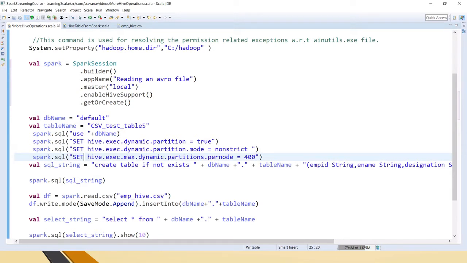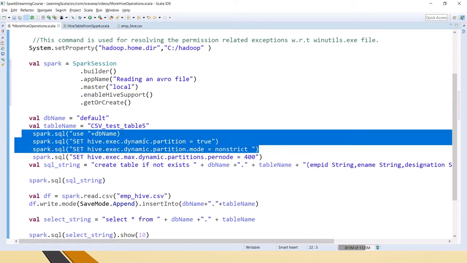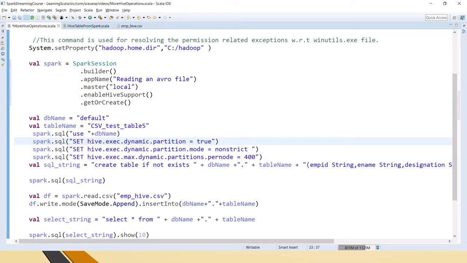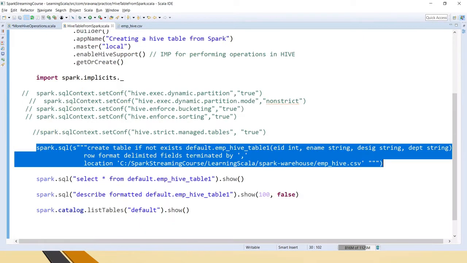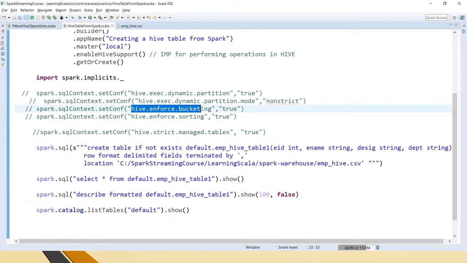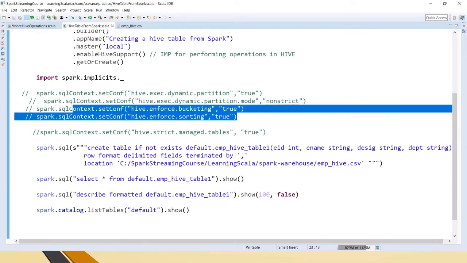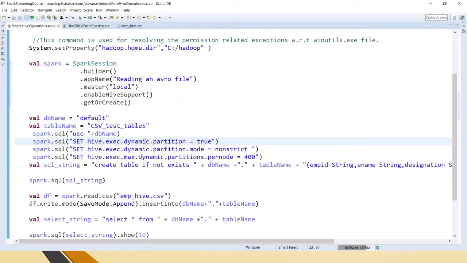Okay, so now we have to set hive.exec.dynamic.partition to true here, then only it will allow you to create the partition table. And also we have to set the dynamic partition mode to non-strict. And also if you wanted to use bucketing, then even for that you have to set up the bucketing related properties, like hive.enforce.bucketing to true, and the second one is hive.enforce.sorting to true. These two things you have to set up for enabling the partitions and bucketing while creating a